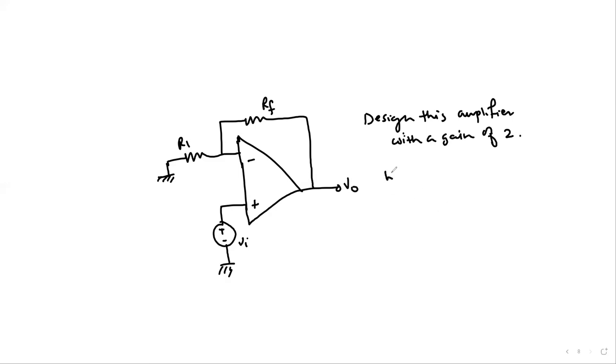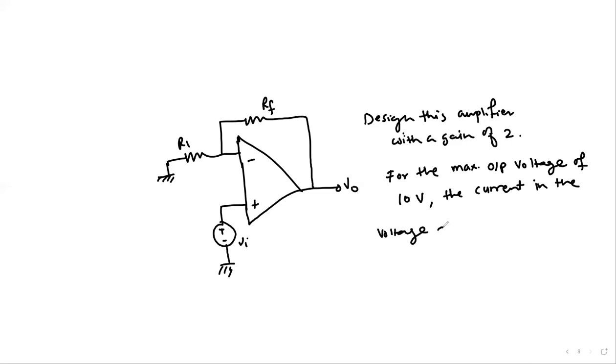So for the maximum output voltage of 10 volt, the current in the voltage divider is to be 10 microampere. So first of all, from the expression, the amplifier can be designed like this: